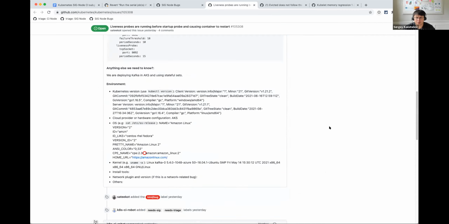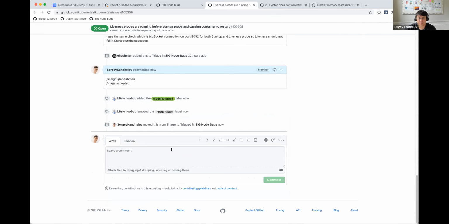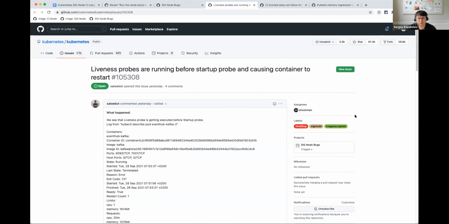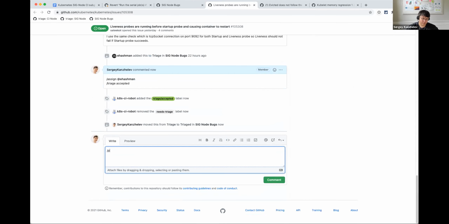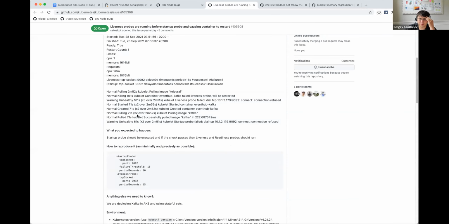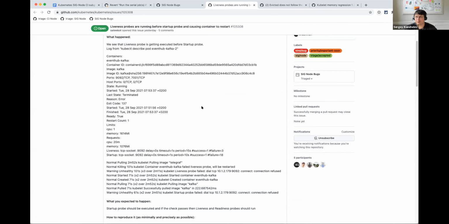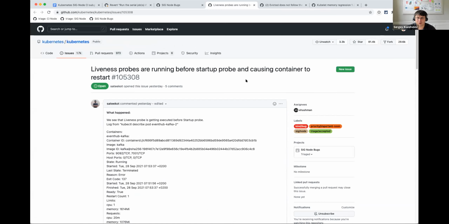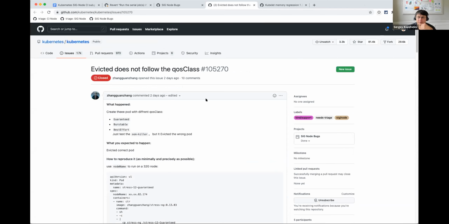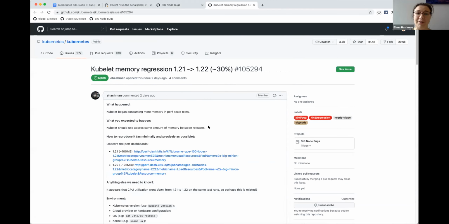Yeah, I didn't set priority. If this is true, then this is bad, because nobody expects liveness probe to succeed before startup probe finished. Oh, I just closed this one. Somebody had already marked it as support, but forgot to close it. Okay.